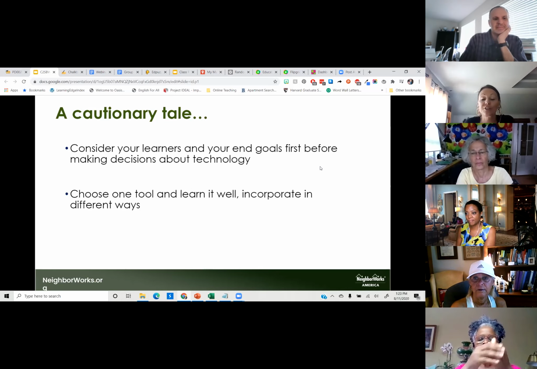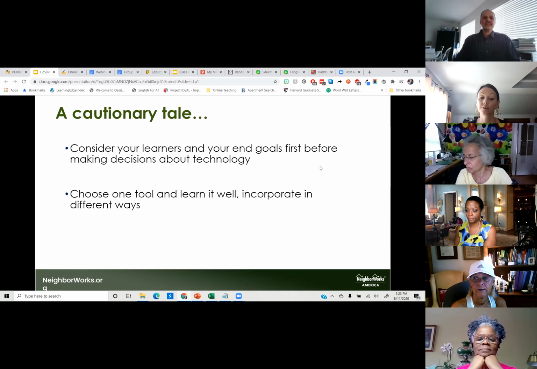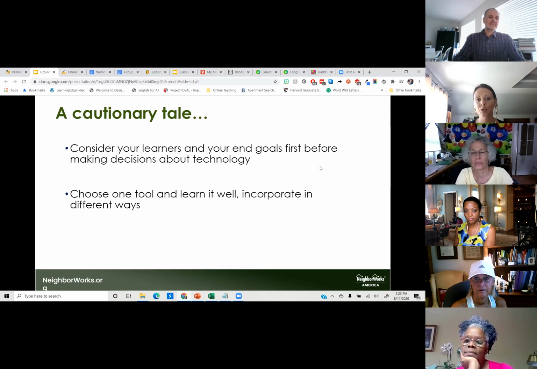And then the other cautionary point that I would make is I often hear people express that they get very overwhelmed with the amount of tools and information and stuff that's just out there and available. In order to not get overwhelmed, just choose one tool. I'm going to present you with a few more tools today, but just choose one. And like I always recommend for people to just choose the tool that feels most comfortable to you and that speaks to you and that you're like, I think I have an idea for that, and just stick with that